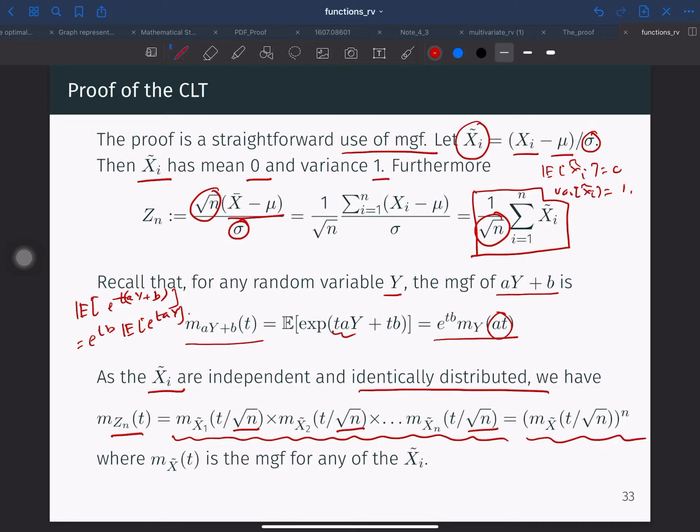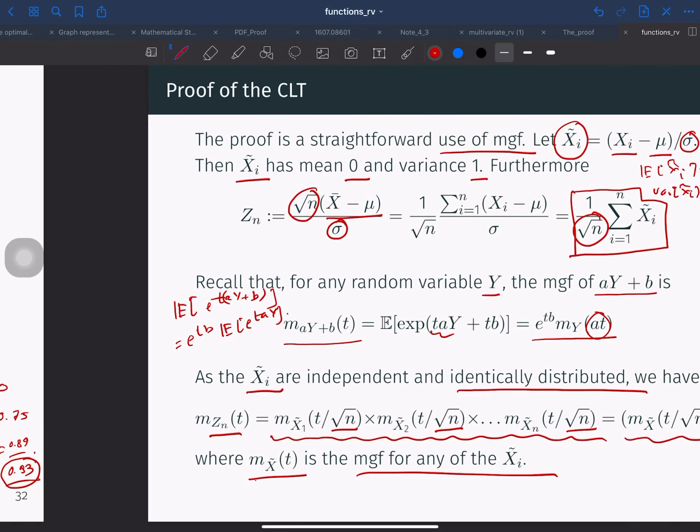I can write this as m_x tilde of t divided by square root n, to the power of n. So m_x tilde is the moment-generating function for any of the x tilde i. So to show that